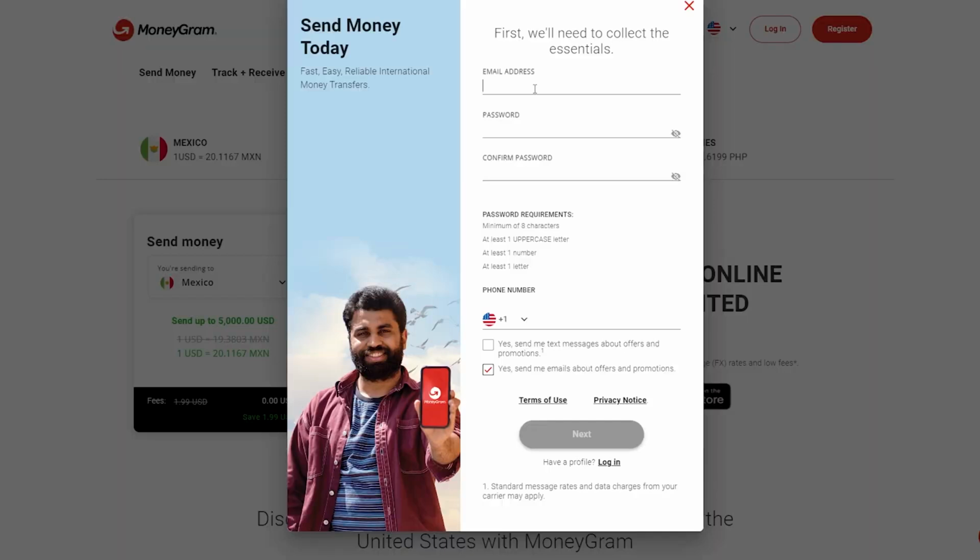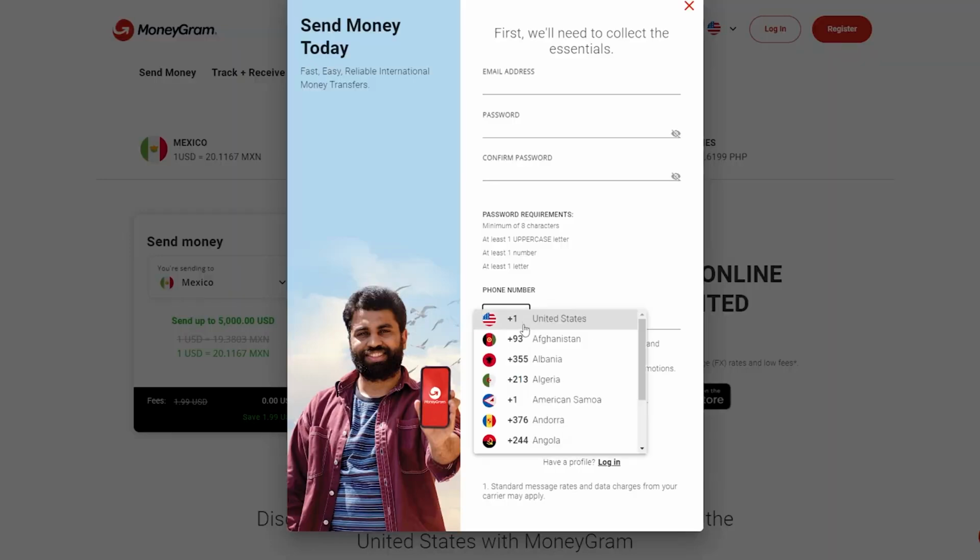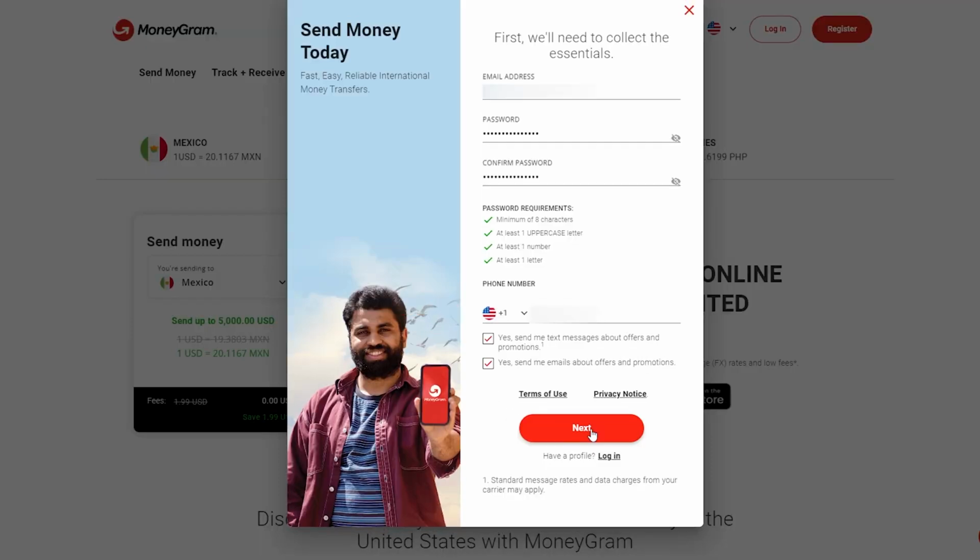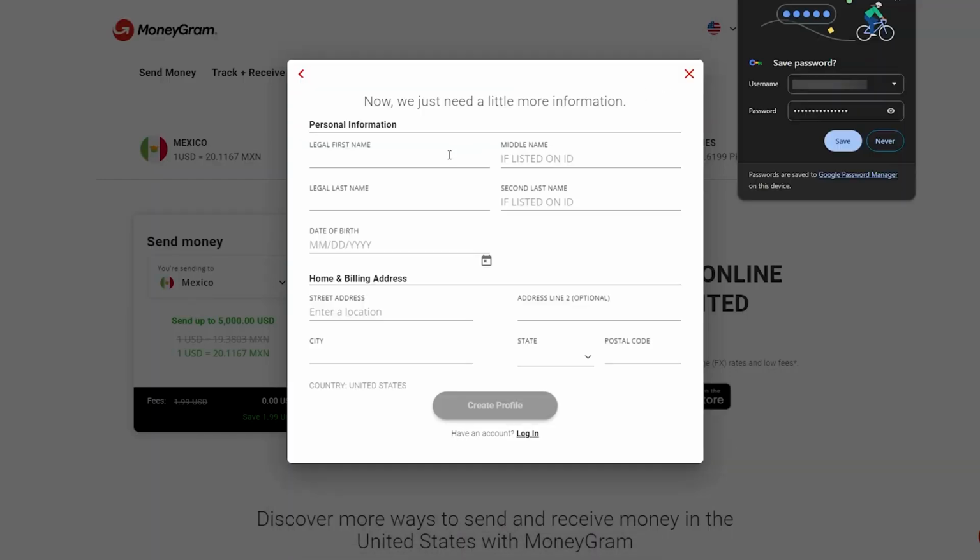So I'm gonna type here my email address, password, then confirm it, and make sure that your password has minimum of 8 characters, at least one uppercase letter, at least one number, and at least one letter. And don't forget to add your phone number, and when you click on this option right here, it will show you all the countries that are supported by MoneyGram. Then once you finish, you should click on next,